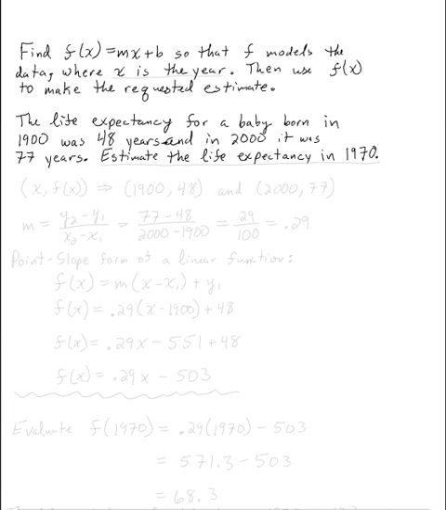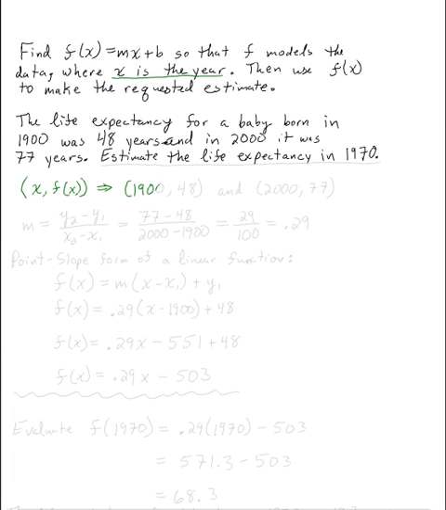We are asked to find the linear model, f of x equals mx plus b. The first thing that I like to do when determining a linear model is to write two ordered pairs. They tell us that x is the year, and so then f of x would be the output, in this case the life expectancy. So remembering that our ordered pairs are x and then f of x, input and output, my two ordered pairs are